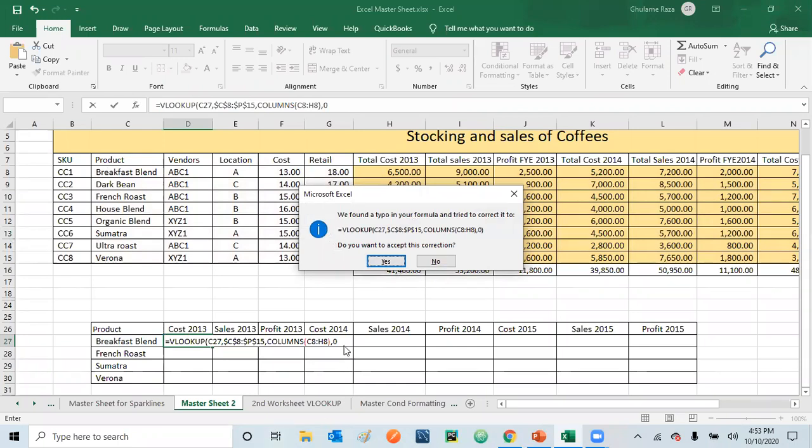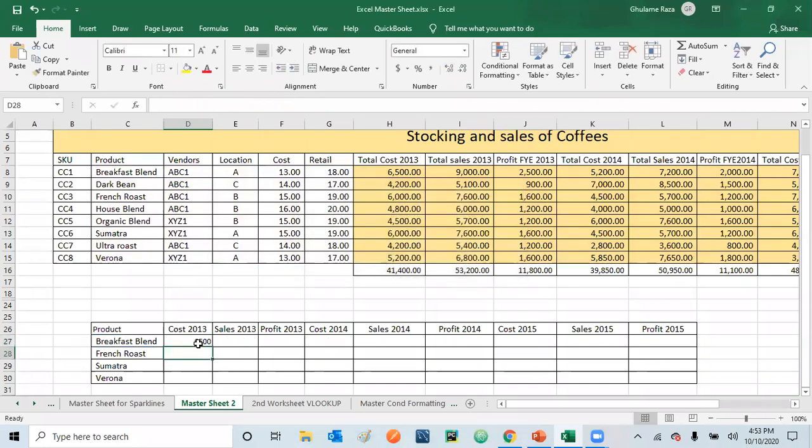I skipped putting the closing bracket, so you can see the system has told us that I missed it. That is what I was discussing at the start. The system tells us that it can add that closing bracket. We will accept it, and it will apply the formula. Always remember, when we are applying the multiple VLOOKUP, after completing the formula, we need to add 2 more things.